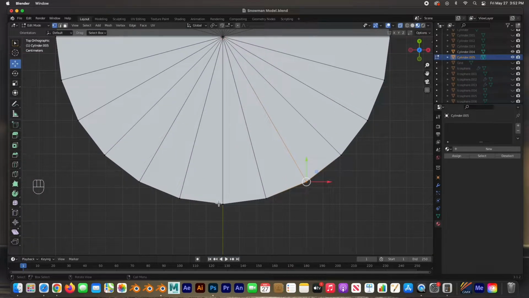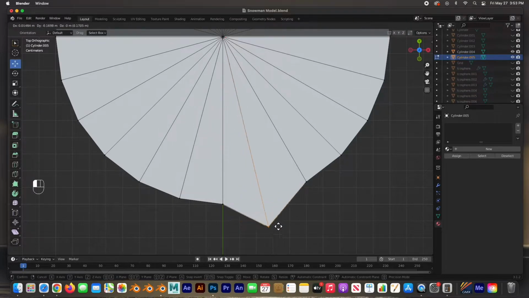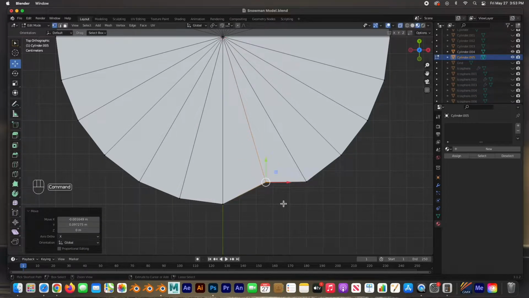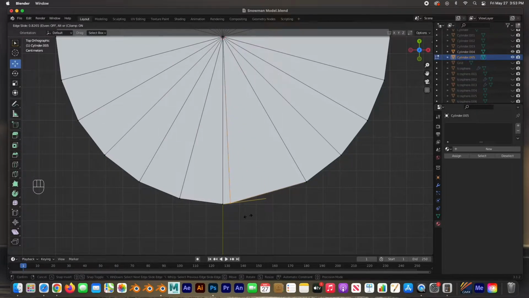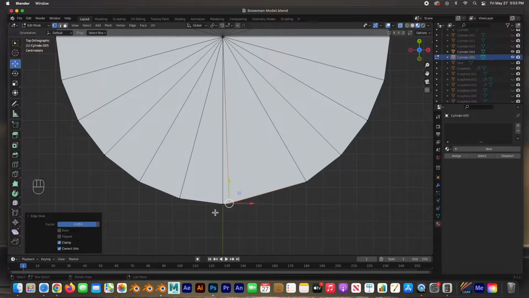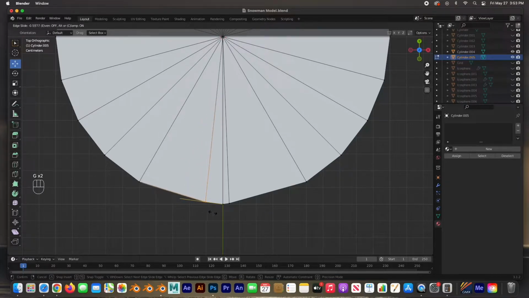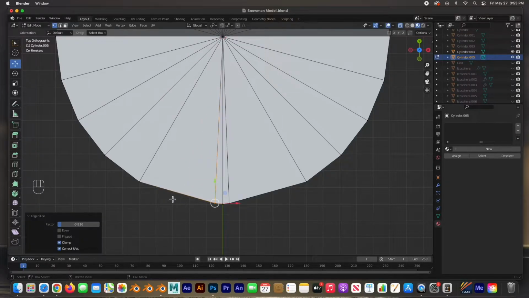And I'm going to select the one to the right of the center one, this one. And I'm going to move it, but I'm not just going to move it freely like this. I'm going to move it straight down the line here, the edge, by clicking G twice, GG, and then I can move it close to that edge, like that. Select this one on the other side, GG, and then move it to there. And you don't have to be super accurate, GG,